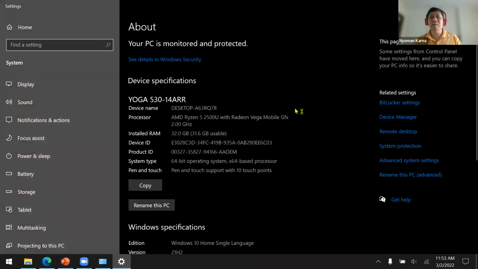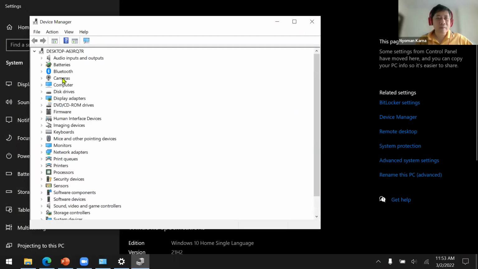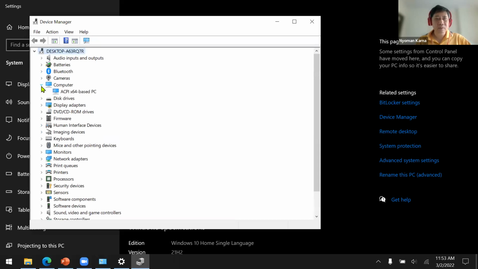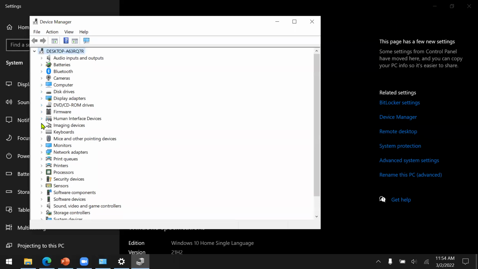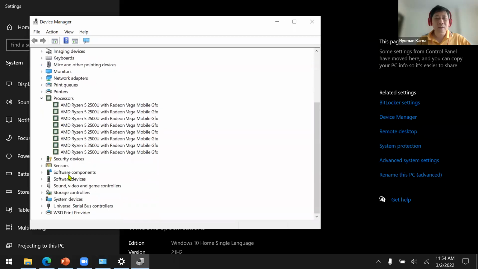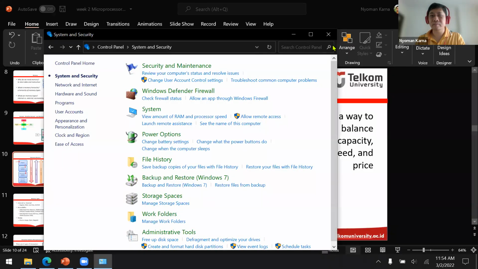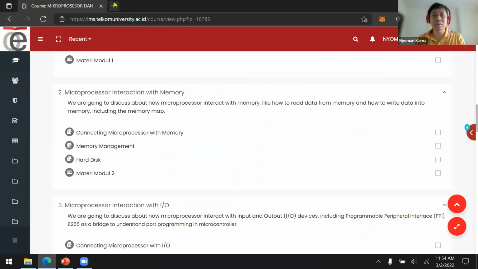Oh, Task Manager. Let's see, where is the microprocessor? Still not showing the memory cache. Okay, but we just browse what file.